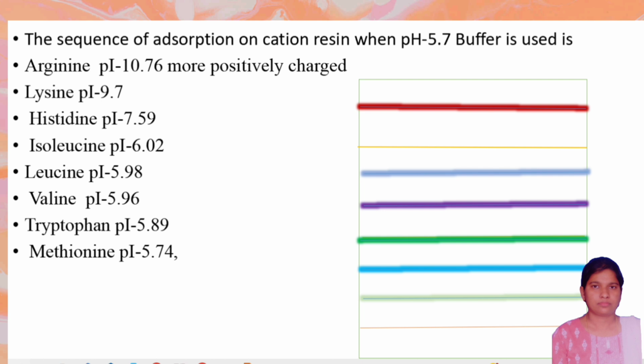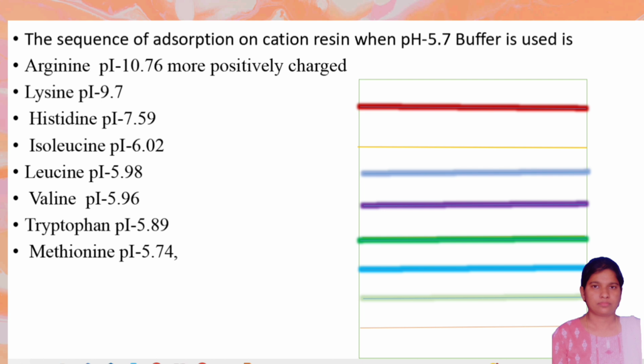When the variation of isoelectric point from the buffer pH is more, that amino acid will be more positively charged and exchanged strongly by the H plus ions of the ion exchange resin. Here, that is arginine, isoelectric point 10.76. Thereby, by changing the pH of the buffer, the various amino acids can be eluted